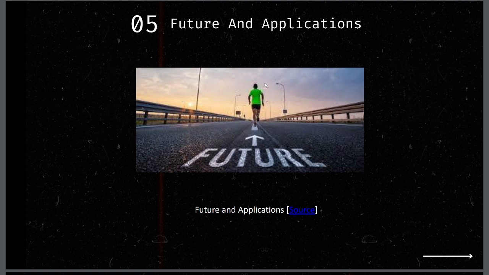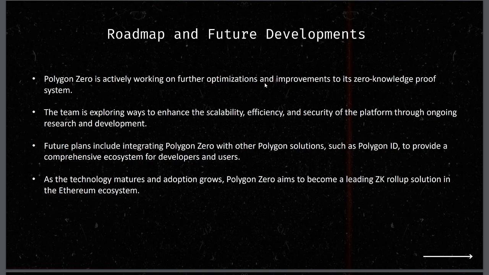Now, let's look at the future and applications of Polygon Zero. Polygon Zero is actively working on further optimization and improvements to its zero knowledge proof system. Here, we are looking at a team of talented researchers who are actively pushing the envelope of zero knowledge rollup technology. The team is exploring ways to enhance the scalability, efficiency, and security of the platform through ongoing research and development. Future plans include integrating Polygon Zero and other Polygon solutions such as Polygon ID to provide a comprehensive ecosystem